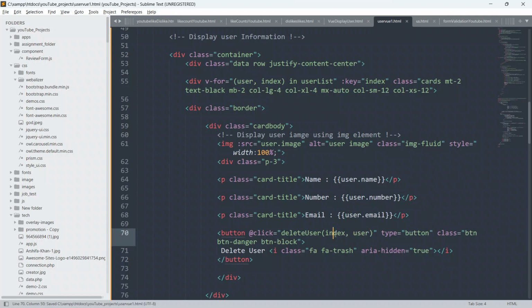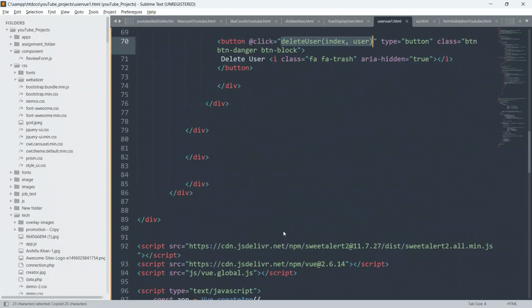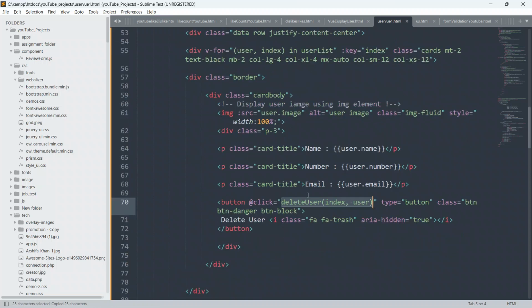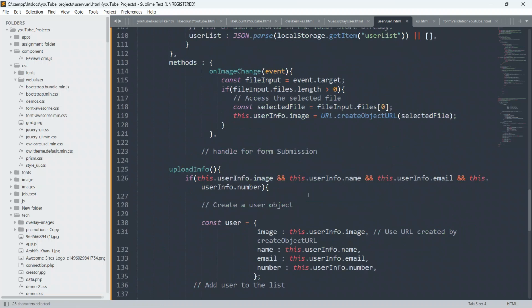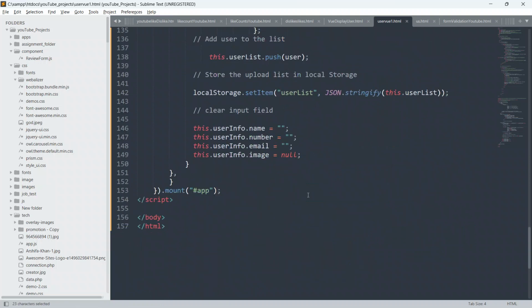Here I am passing the index to this deleteUser function, and this entire user object also. So now I will define this function. Just copy this function from here and go to the code, and we have to define this function. Just go to the code below, and I will write the logic for it now.